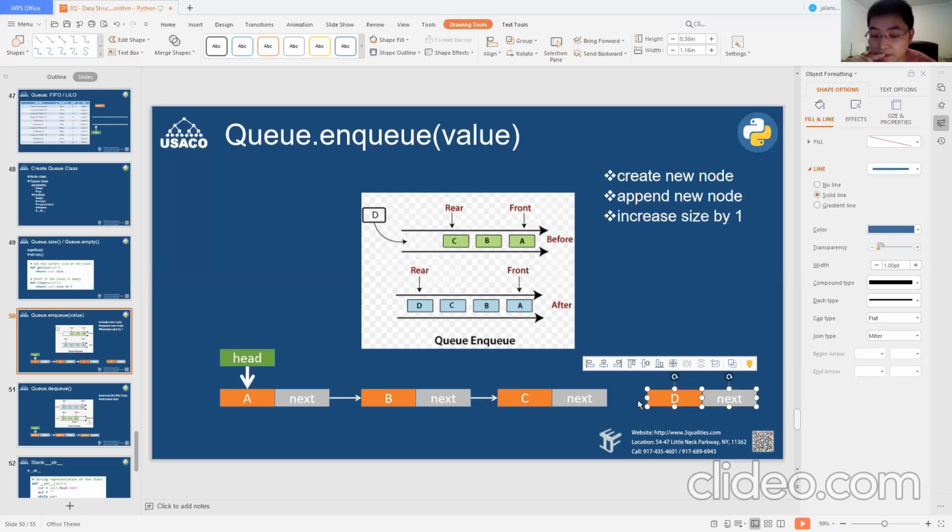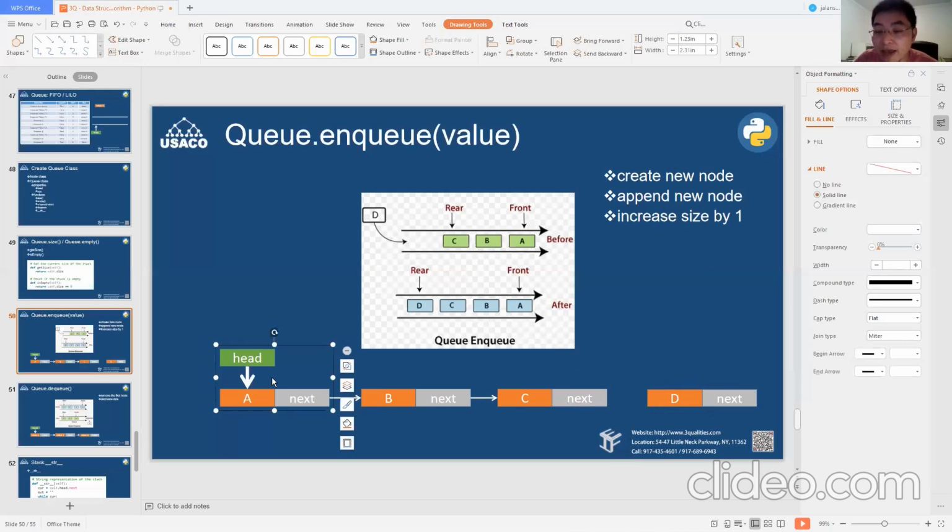We make the new node the next value of the last one. Very good. I need to make the next of the last one the new node, right? But in order to do that, I have to know who is my last node. Right now, I only know who is my head because I have a head property. But how can I know who is my last node? How?